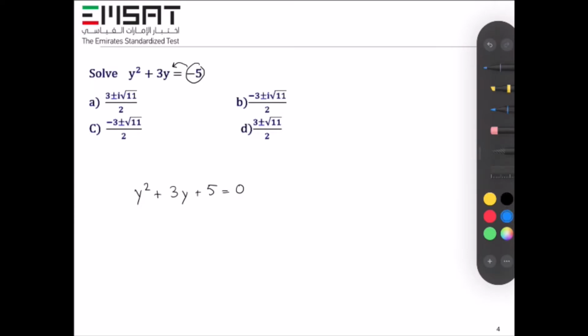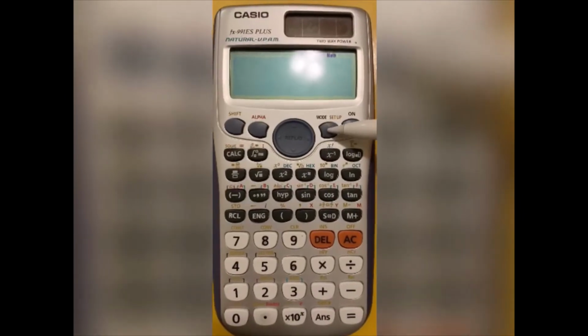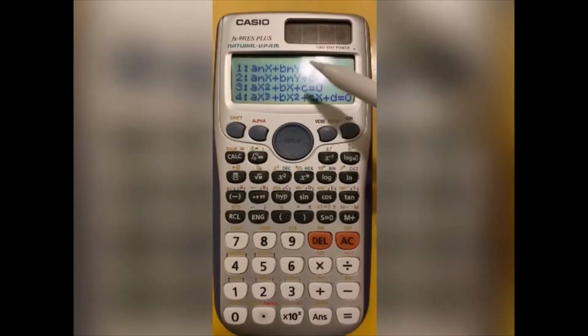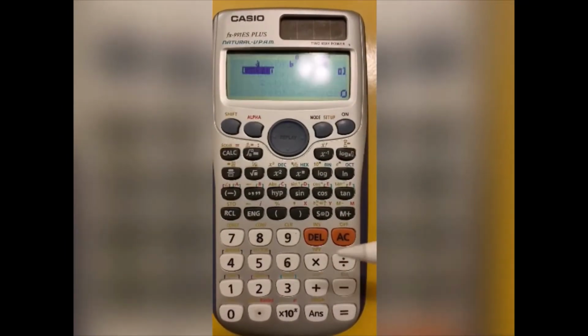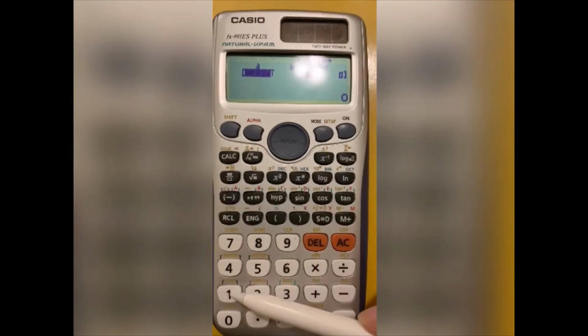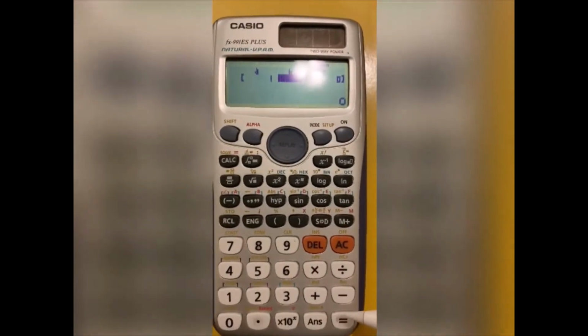We have here A, which is 1, B, which is 3, and C, which is 5. Now let's solve this equation using the calculator. Step 1, select mode, option 5 equation, option 3 quadratic equation. As we said earlier, A is 1, B is 3,